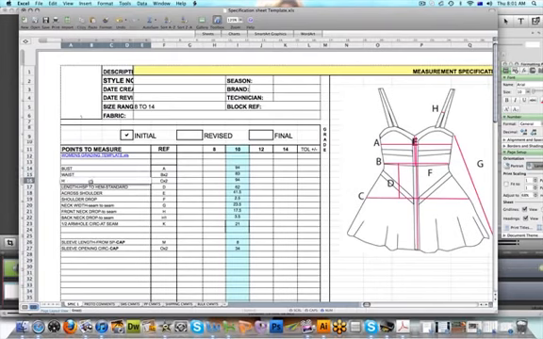waist, we did hip, then we did waist to hip, length of bodice, length at center front, length at side, width of strap,